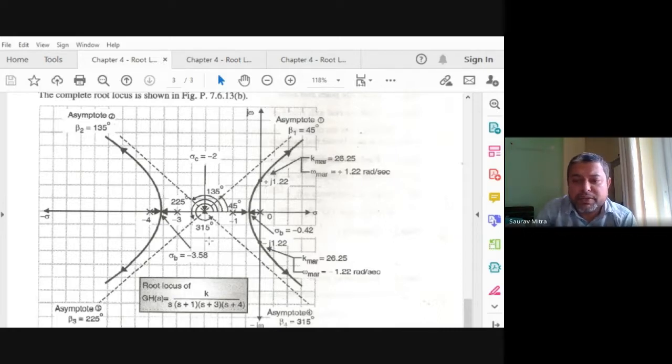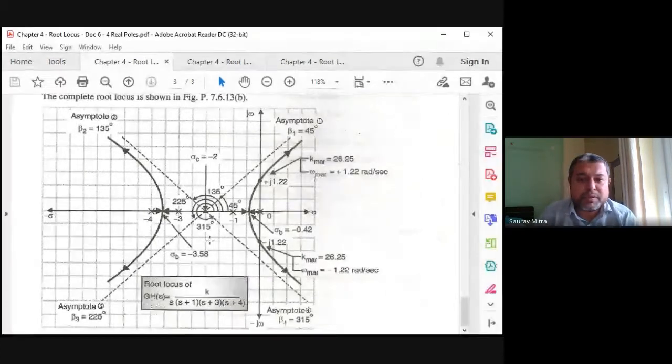What is the formula? 2x plus 1 multiplied by 180 degree, the whole divided by p minus z. So p minus z is 4 here, so 180 by 4 is 45. So actually in this case it is 45 into 2x plus 1. So x is equal to 0, 1, 2, 3. Keep on substituting. If you are substituting x is equal to 0, you will find 45.